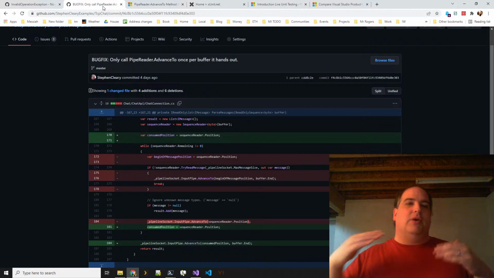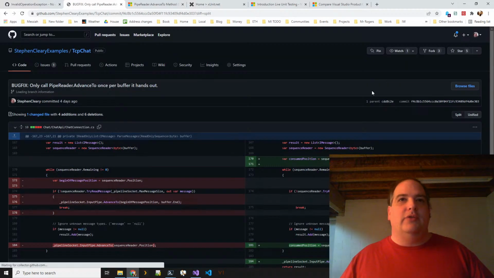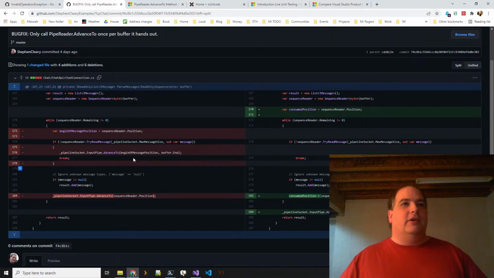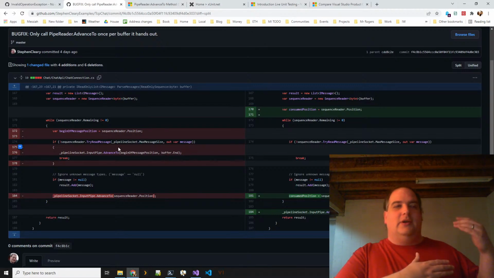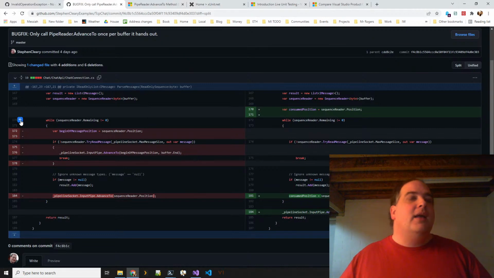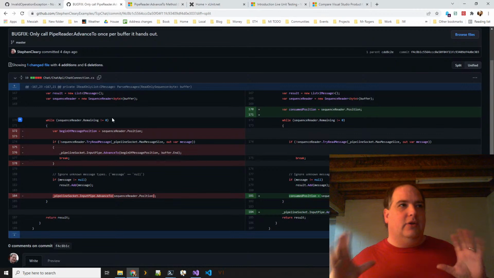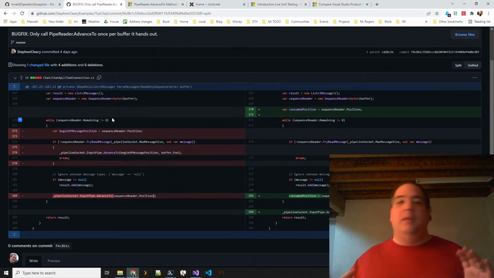So the underlying problem was actually, I was calling, change this to split. There we go. So originally the code, as of my last video, was doing this, and it's been doing this since day 3 apparently, when the bug was introduced and I didn't notice. So this code will fail if there's more than one message in a single stream read, a single socket read completing that has more than one message in it,